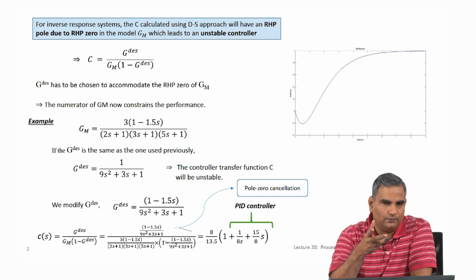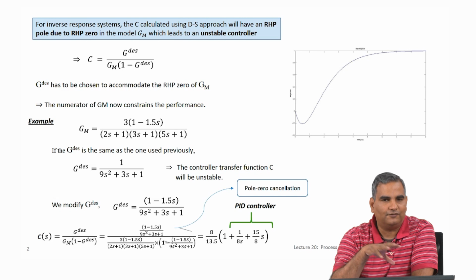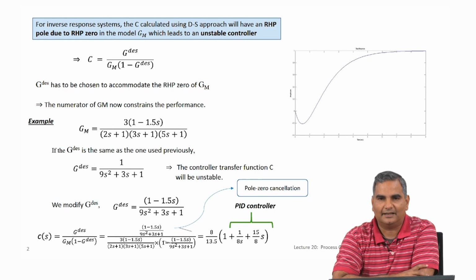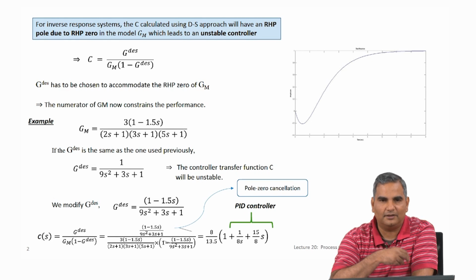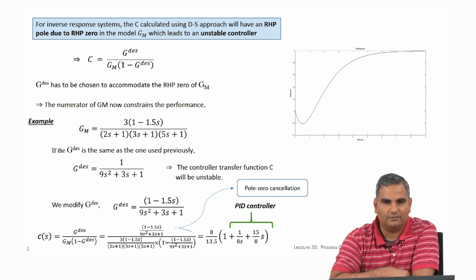I definitely do know that once I turn right, after a while the bike is going to turn right. So, maybe what I am going to do is live with the inconvenience of turning left for a short bit before the bike does exactly what I want it to do. So, that is the basic idea of modifying the G desired, so that we still have a stable controller.